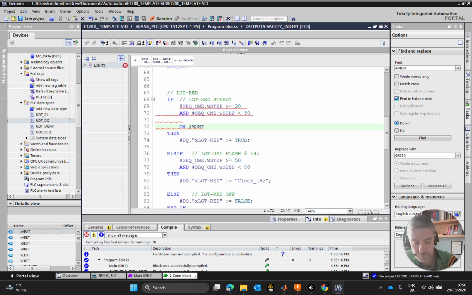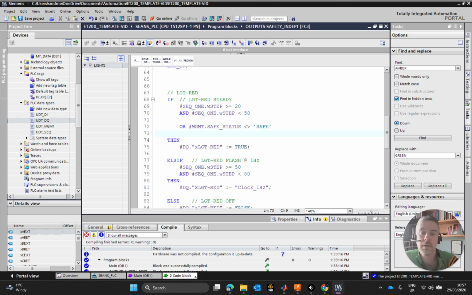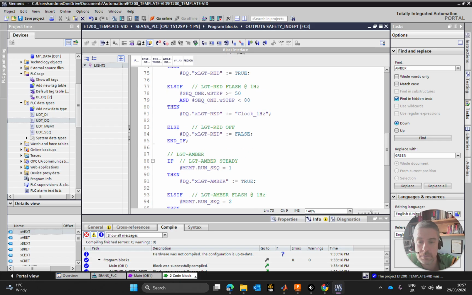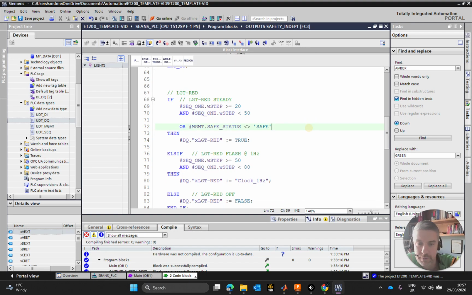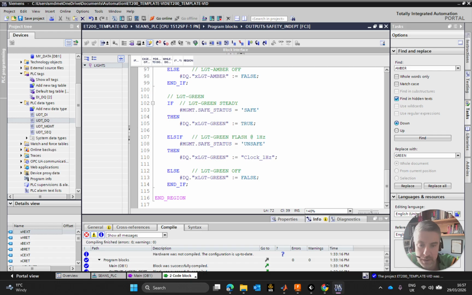Management dot safe status. If management dot safe status does not equal safe, just in case you forget what you write, then we're going to go into that there. Right, so you don't have to write is equal to unsafe. I could just say if it's not equal to safe, which is probably a safer thing to write than equal to. Let's just go for not equal to safe, because I might put in